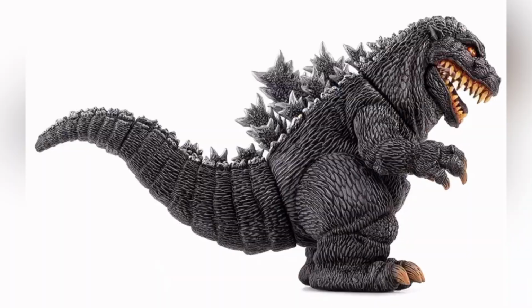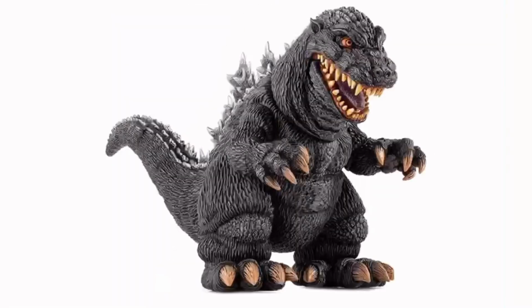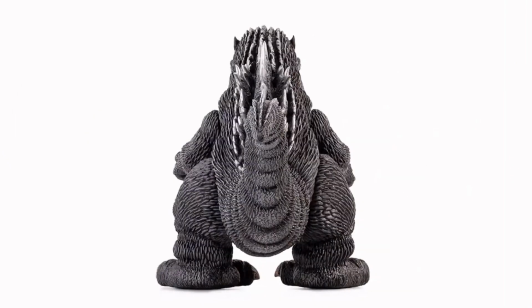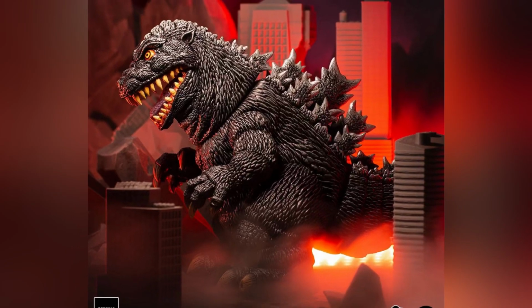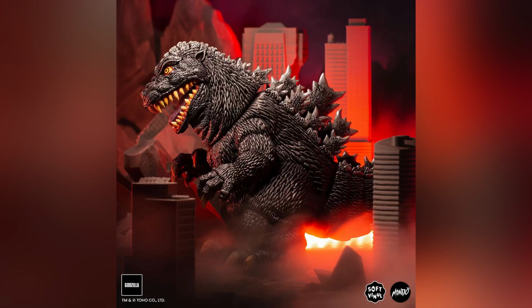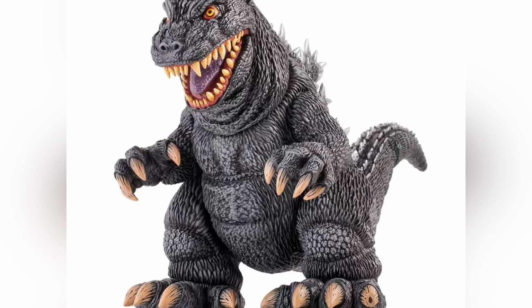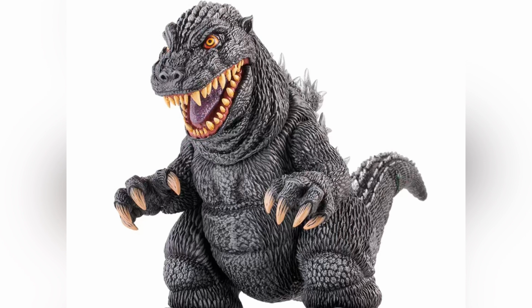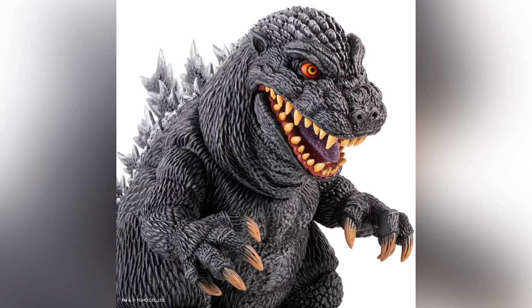Taking a closer look at the figure itself, this thing is monstrous. Perhaps the aspect that sticks out the most are the wildly stylized proportions of this figure. This is an extremely chunky and somewhat condensed version of Godzilla. He basically has almost no torso whatsoever. It's essentially just his head, some midsection, and the rest of it is just his legs and tail. But I think it looks really great, and I really like the way that James Groman interpreted this version of